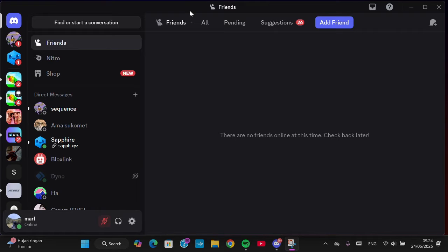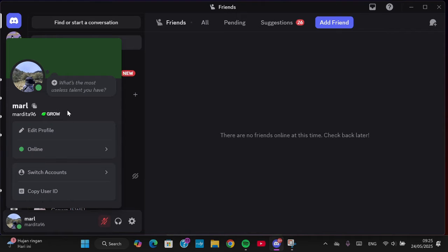In today's tutorial, I'm going to show you how you can get a tag on your Discord profile for free. Okay, let's get started. Here I have opened my Discord on my PC and I'm going to show you how the Discord tag on my profile looks like. Okay, the tag is like this guys,